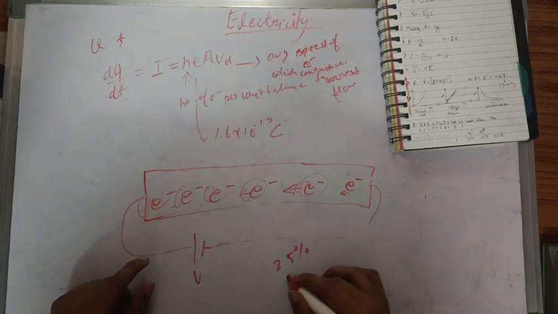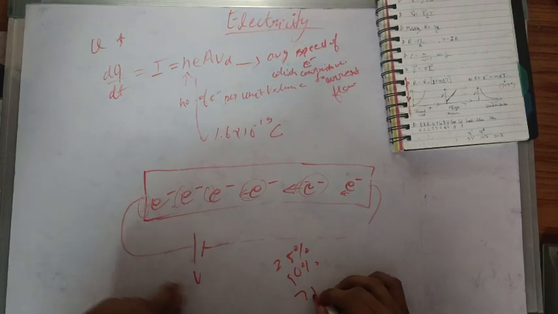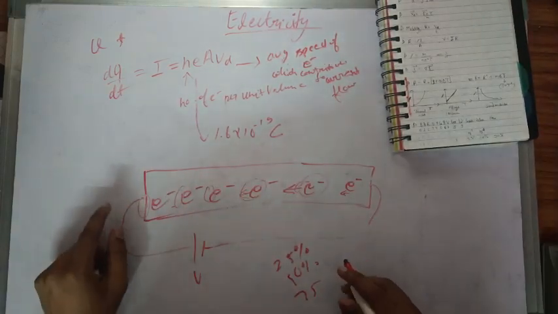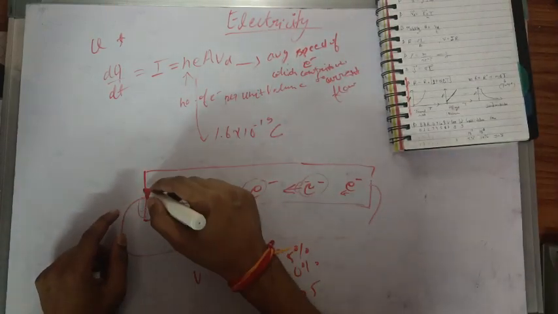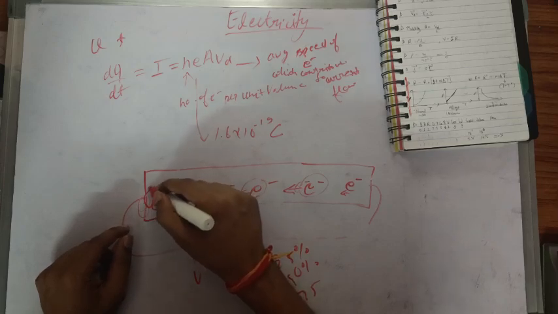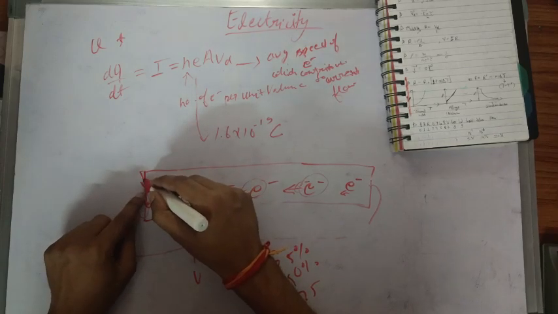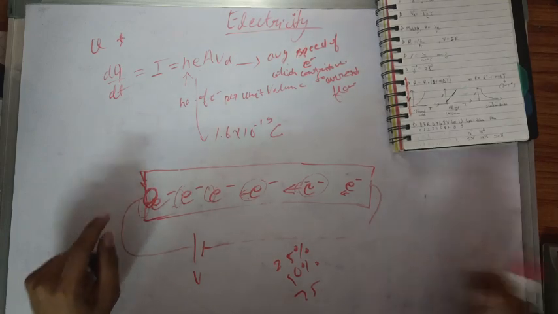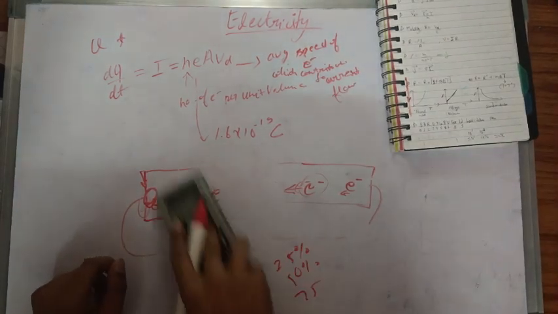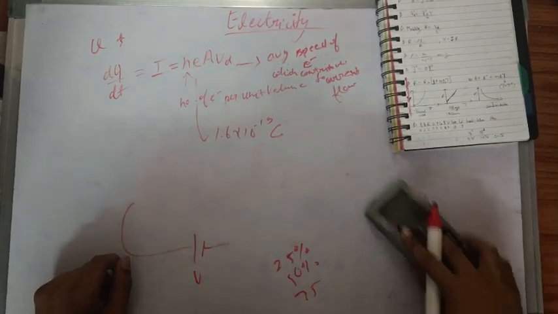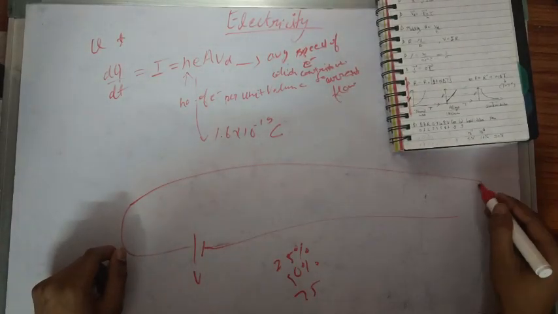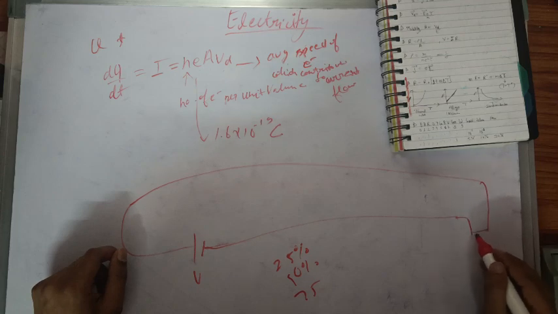This happens at very large speed, like 25% of the speed of light, or 55%, or 75%, something like that. The speed of this signal is very large, meaning the displacement seen at this position happens very fast. If I take a very long wire, and I add a bulb here,